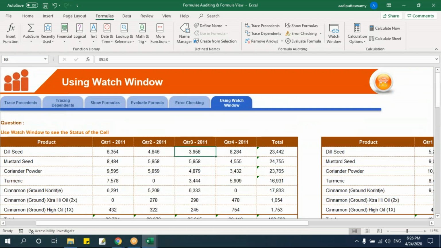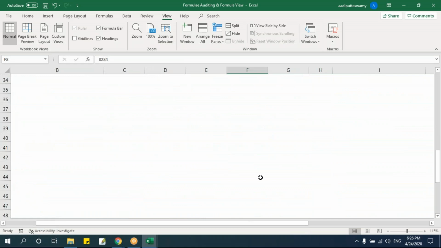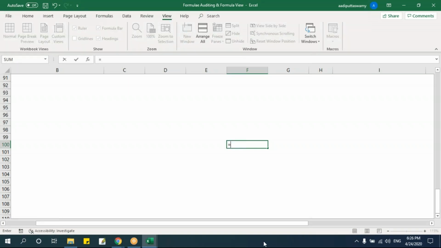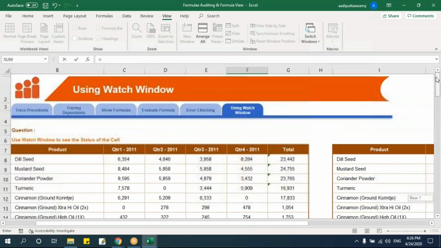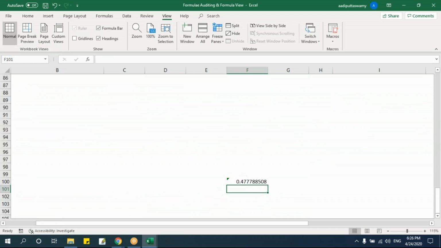Let me scroll down somewhere in the bottom, say F100. I'll write a formula here, say equals quarter 3 divided by quarter 4. So in my F100, I gave a formula saying E8 divided by F8.